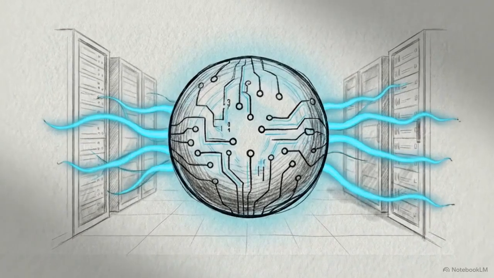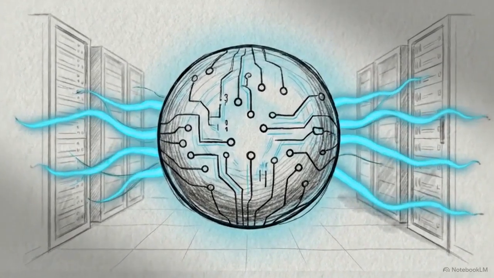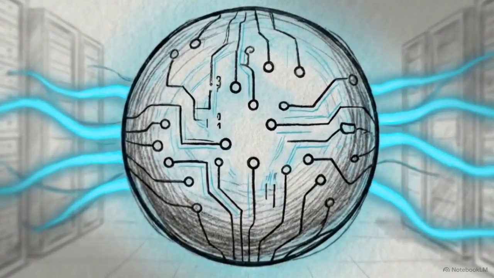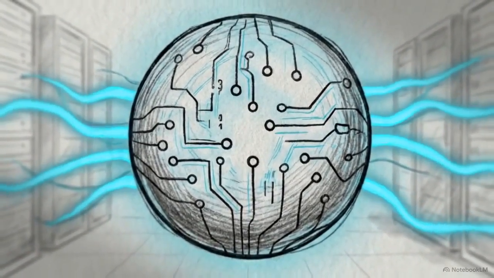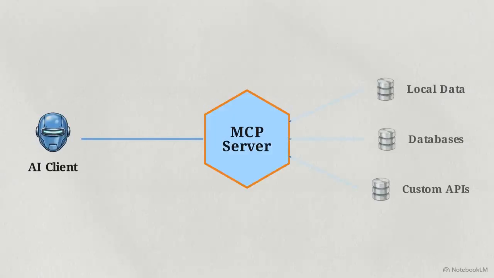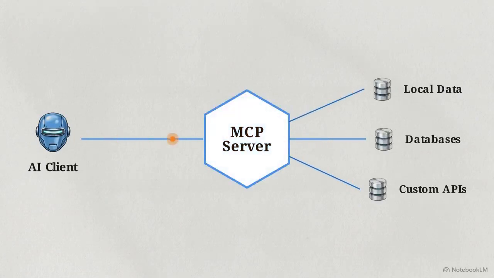Look at this isolated node. It represents a powerful AI model, capable of reasoning, but totally disconnected from your files, databases, and local systems. The Model Context Protocol, or MCP, solves this isolation. It acts as a universal communication bridge, allowing your AI to securely reach out and interact with local data and